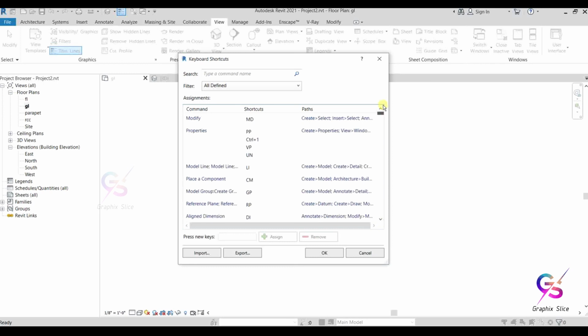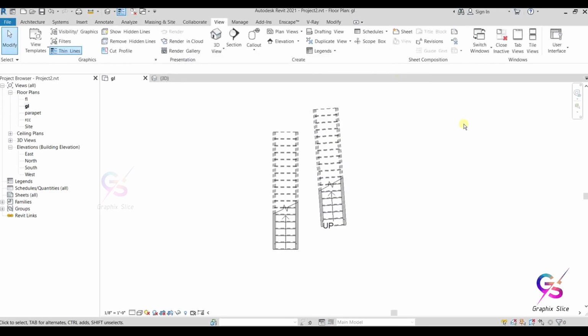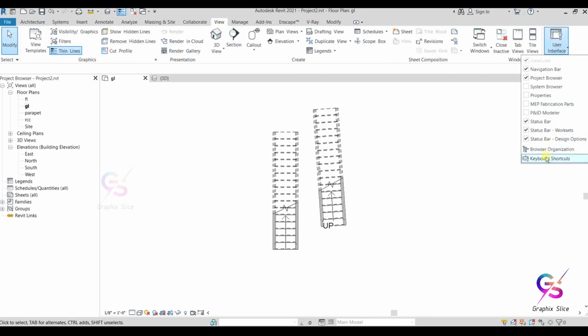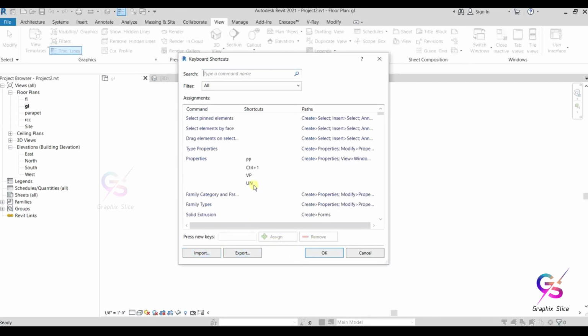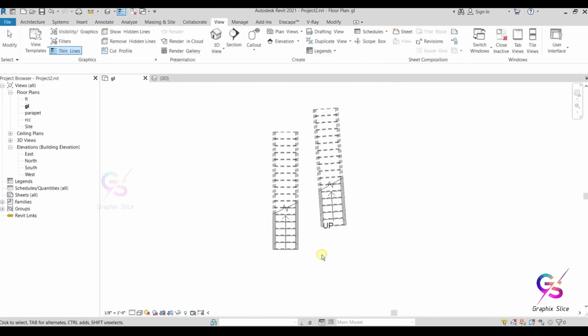So this is about shortcut commands by using keyboard shortcut keys. Where is it available? In the ribbon, Web tab, User Interface. Here we have keyboard shortcut commands. Or else you can use the shortcut command KS. So how to assign, how to remove, how to import and export, and how to use multiple shortcut commands, I explained. So this is about shortcut key tools. We'll discuss another topic in the next session.